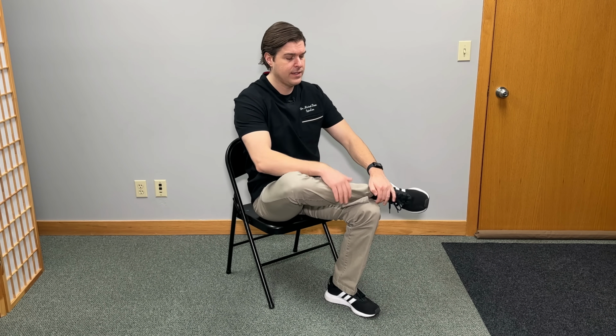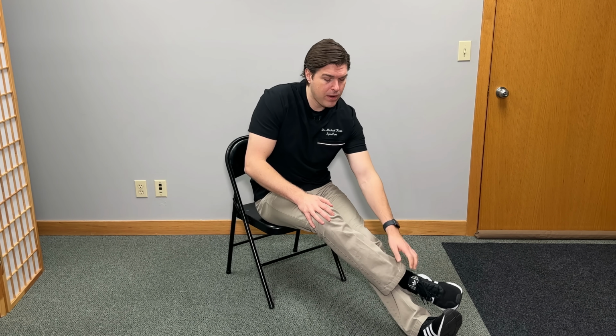Whatever side that you're having the most amount of pain, let's say it's your right side, take that side's ankle and place over your other side's knee. So when you look down, it should look like a figure 4. I know a lot of people with hip pain and tightness, this is not going to be the easiest position to get into. So to make it easier, straighten your other leg like this, put your ankle over the other side's shin,